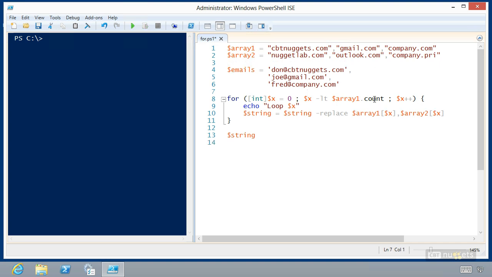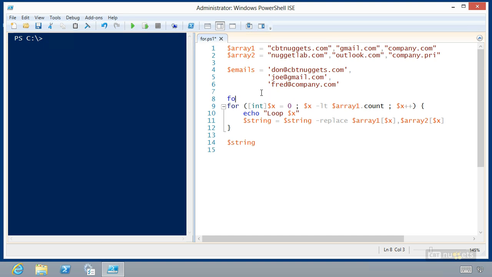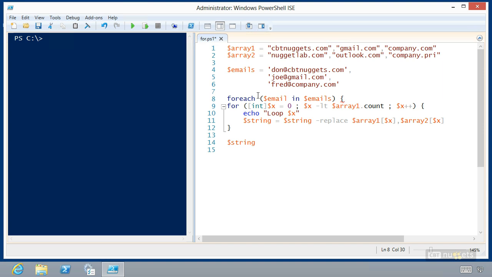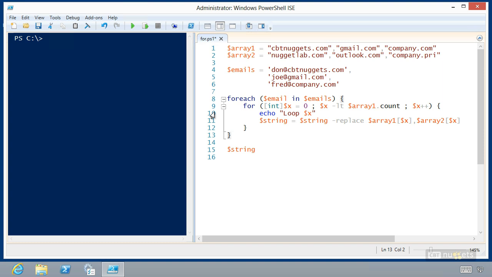So kind of a neat little trick there. Now, here's the trickier trick. We're going to combine the for each loop now. So for each email in emails, I'm going to open my curly bracket and go down here and close it, because this entire thing is going to be nested. I'm going to get rid of that little output there, and I'm going to say email